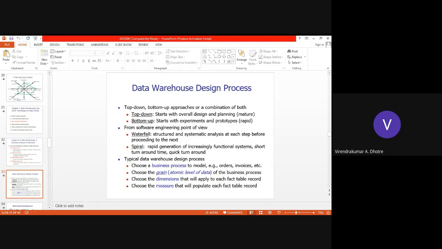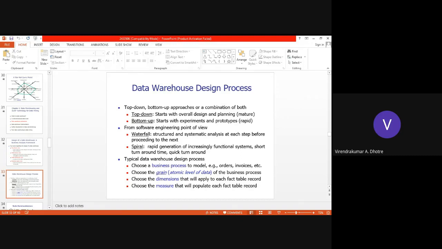Choose the dimensions that will apply to each fact table record. The fact table records are part of the data warehouse, and we apply different dimensions and choose in such a way. So the data warehouse design process allows you to choose business processes to model.